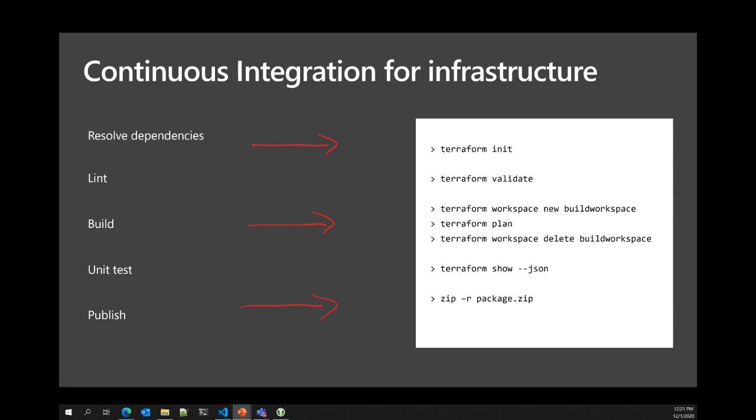Then the next thing that we can do is, let me step back real quick and re-baseline on one of the core responsibilities of the CI, or continuous integration, process. CI's responsibility in the application world is to act as that first quality filter for changes that are being introduced into an application.